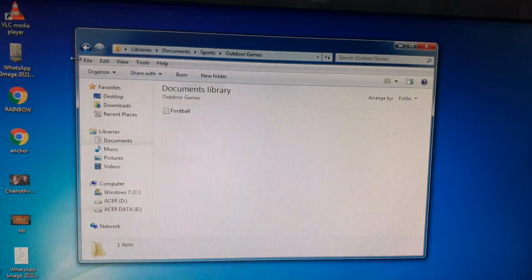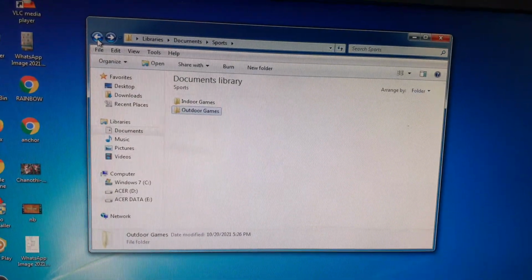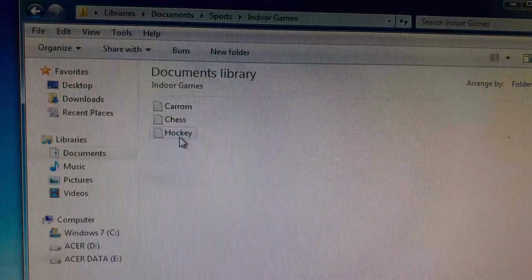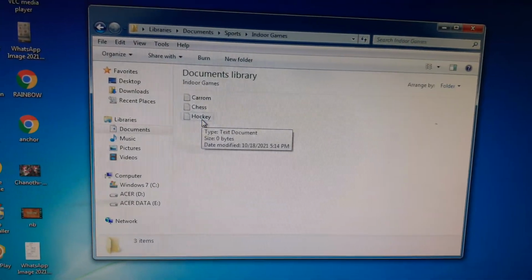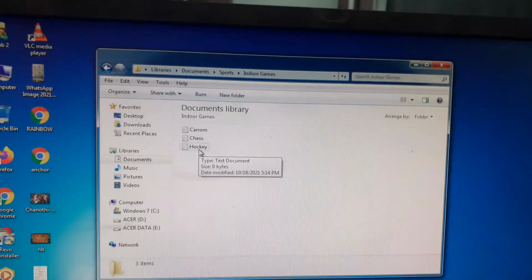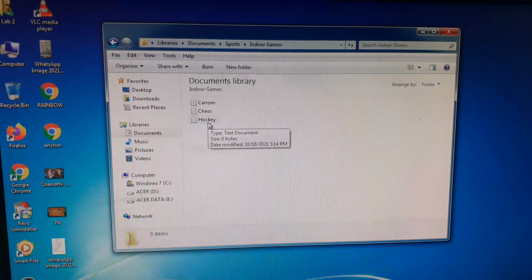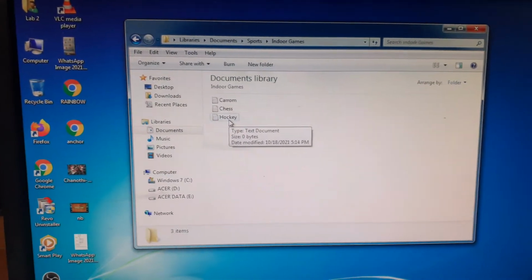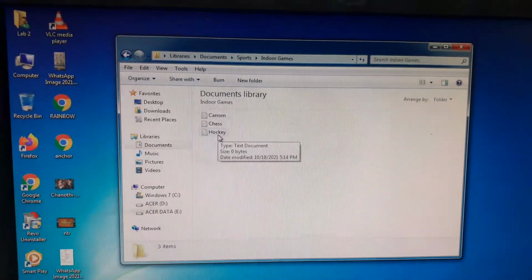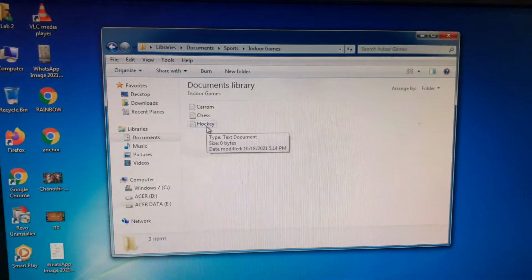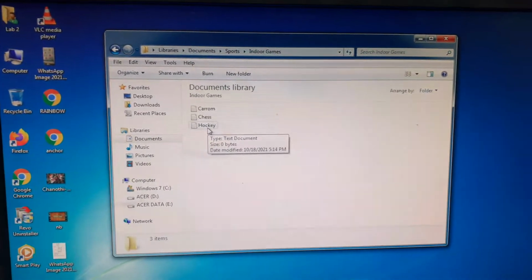Now you can see where the hockey file is. It is in the indoor games subfolder because we have moved this file, right children?